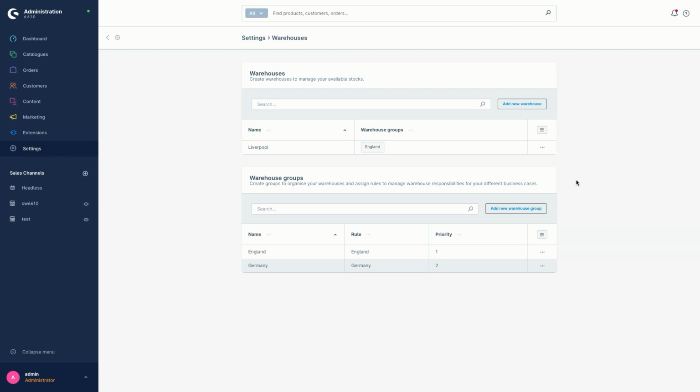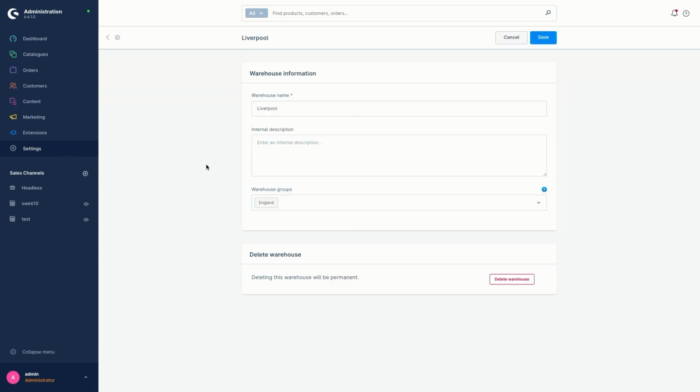Or open a warehouse and click on the X in the group entry. This is this one here. Or open the drop-down list and click on the check mark to remove the group. So this one.